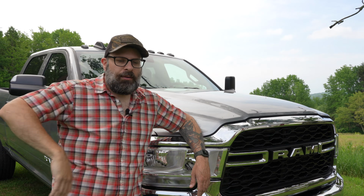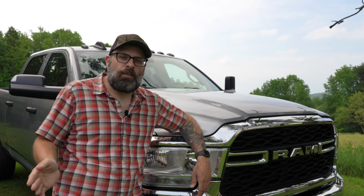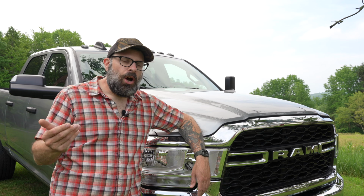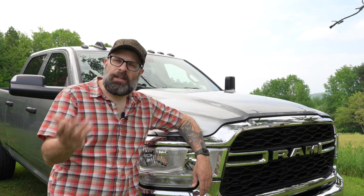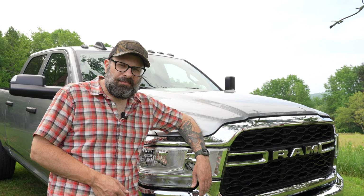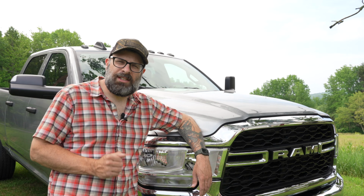It has that 10,000 limit. So since the truck weighs more, your payload is less. That's just the way it works. So the diesel, while it can't tow that much more, it can tow it obviously easier. And that's why you get diesel if you're towing every single day. But twice a month, if you're towing something real heavy, 17.1 and change for the Hemi 6.4,